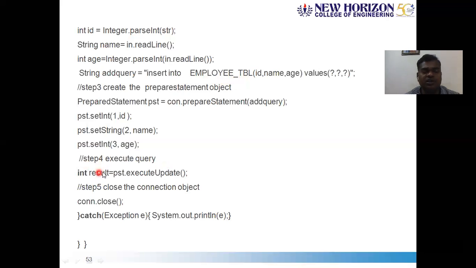So the value of result will be 1 in this case. And after that, you can test if result is equal to one, you can write a message as System.out.println of one row inserted successfully. Else, failed to insert the row. Something like that. You can give a response for this example. And after that, you can close the connection.